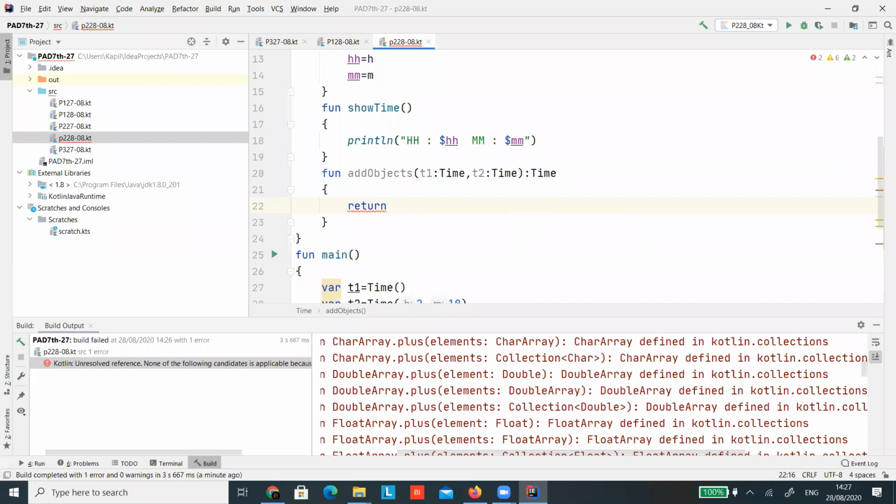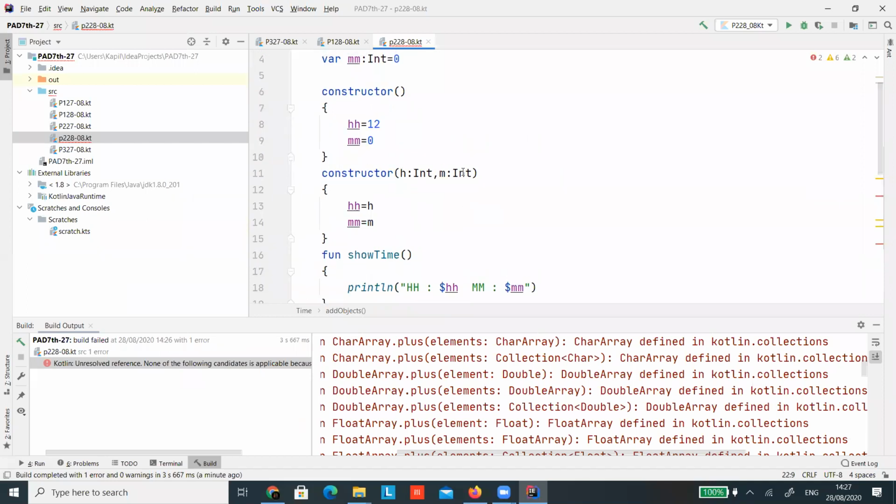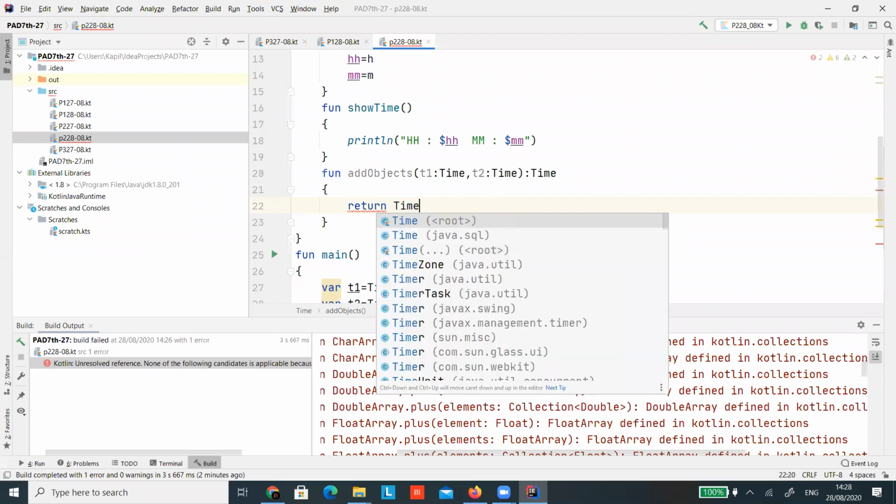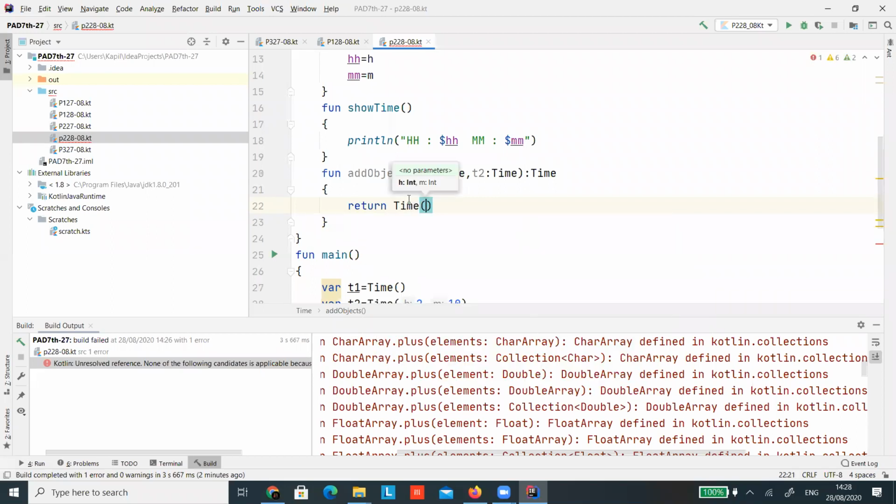So now we are going to add hours first. I think I need to create the object first. Do I have options? Yes, I can directly call the constructor, in which hours is there.